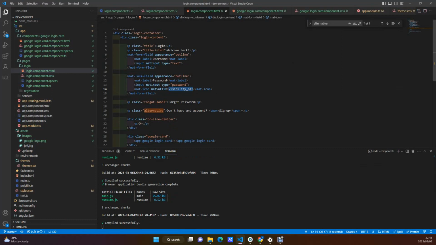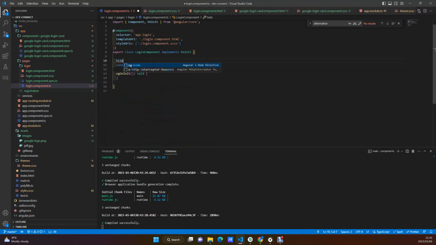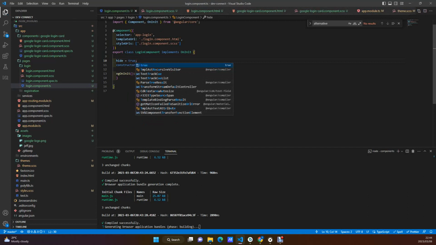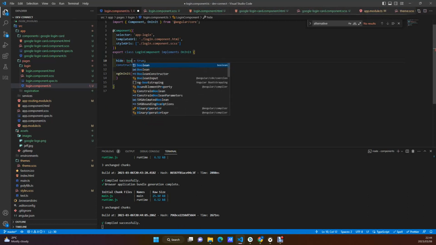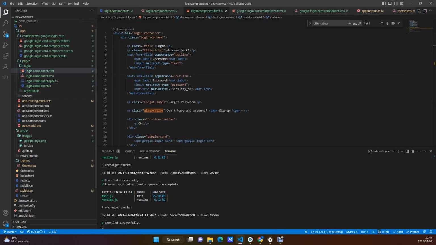So how we can go about doing that is having maybe a hidden boolean, right? Which is true or false, because there's two states to this, right? Whether we can see it or we can't. So hidden will start off as true. So we'll just call this hide, right? Let me just put in some actual types. Oh, this is a boolean, so we'll just say hide,